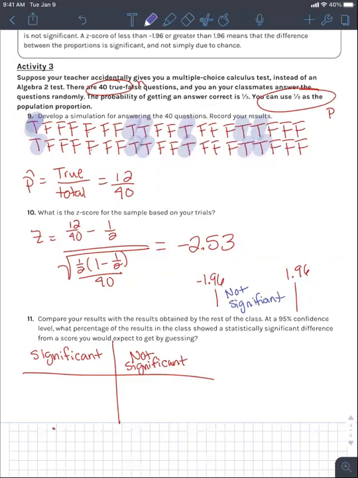If it is bigger than positive 1.96 or smaller than negative 1.96, then it is significant. I can't spell significant anymore, so I'm going to copy and paste it because my brain's not working today. If it's between those two numbers, it's not significant. The 1/2 stays the same for everybody. If your result is significant,